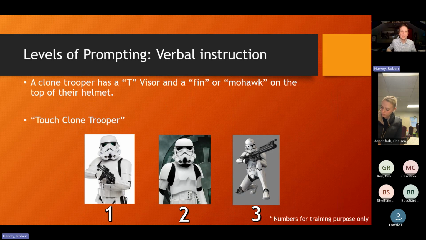They're not just automatically going to know it. So there's different levels of prompting. We can do what's called verbal instruction, which is what I did for you guys, right? I told you that a clone trooper has a T visor and a fin or mohawk. And I taught you that stormtrooper has a smooth top of the helmet and they have kind of 2 eyes that are connected together. So when I say touch clone trooper and we all do it, because I taught you what it was, and Chelsea says the correct answer is